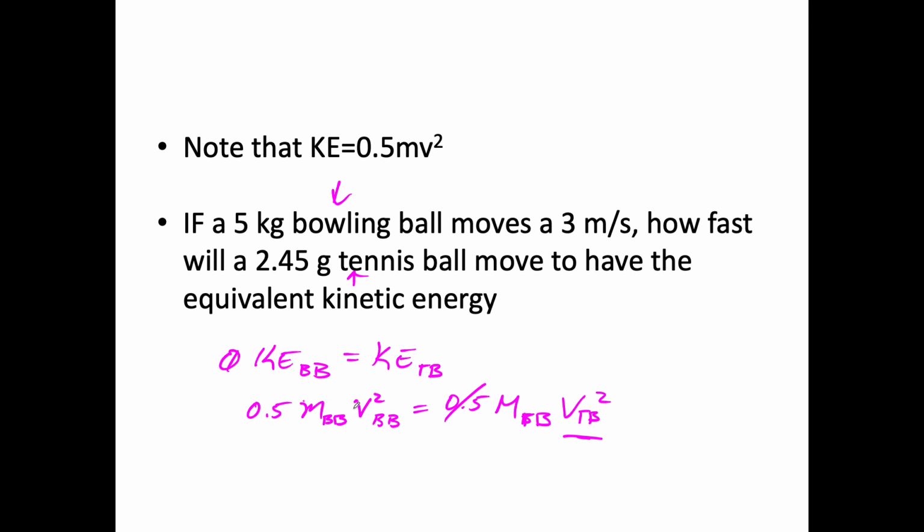Look at this equation, those 0.5s cancel. So the mass of the bowling ball times the velocity of the bowling ball squared, divided by the mass of the tennis ball, is equal to the velocity of the tennis ball squared. If we take the square root of both sides, we should get the velocity of the tennis ball, and that's what we're looking for. I'm going to have you guys figure out how to solve the